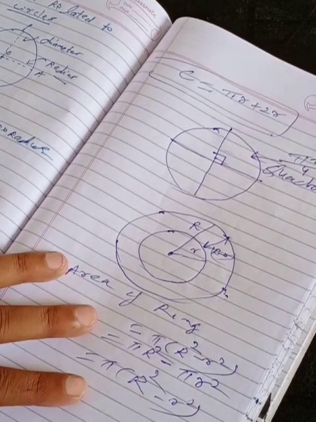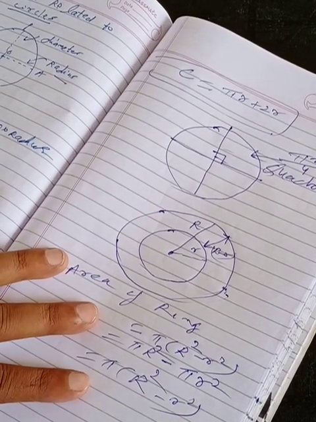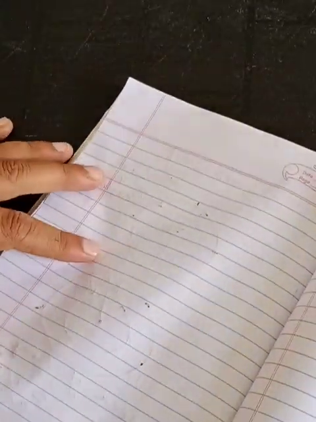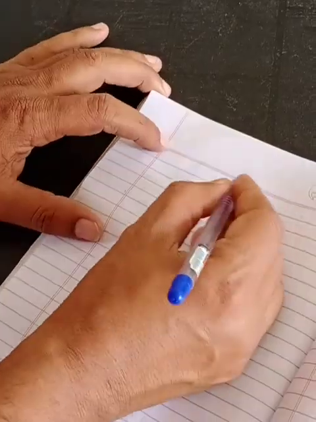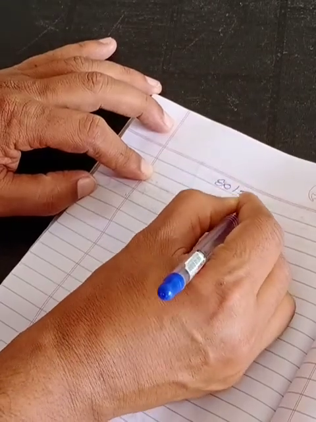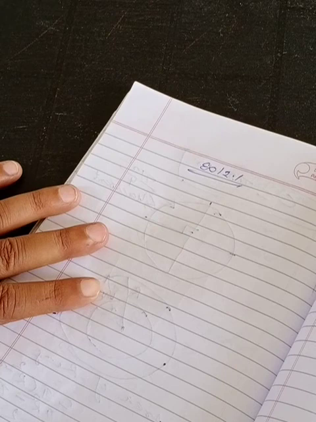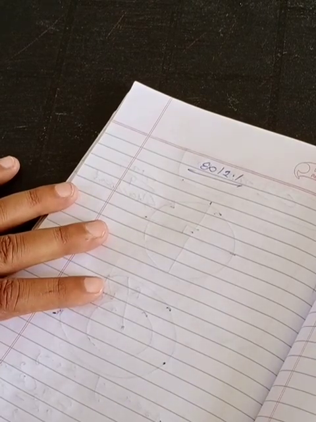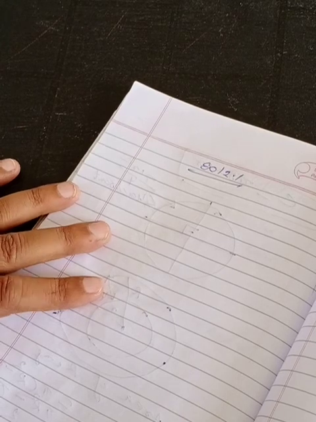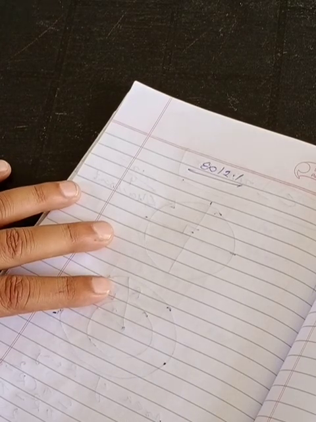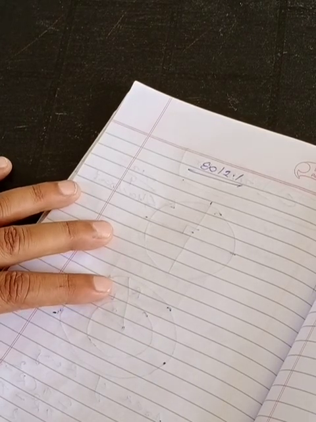Now I am taking one question; other questions we will do in our live class. One very good question I am taking, all of you. Question number 1, we are following NCERT exercise 12.1. The radii of two circles are 19 cm and 9 cm. Find the radius of the circle which has circumference equal to the sum of the circumferences of the two circles.